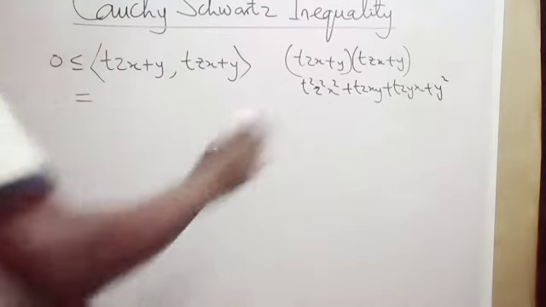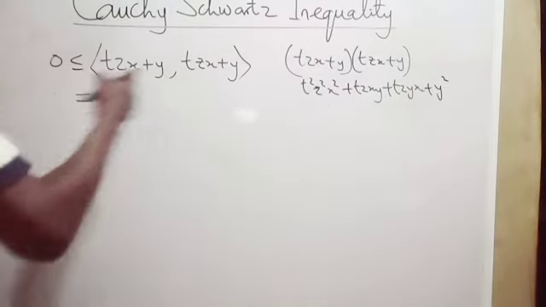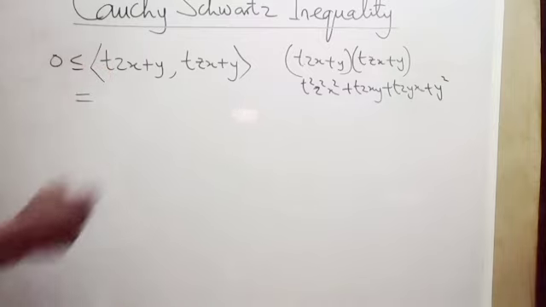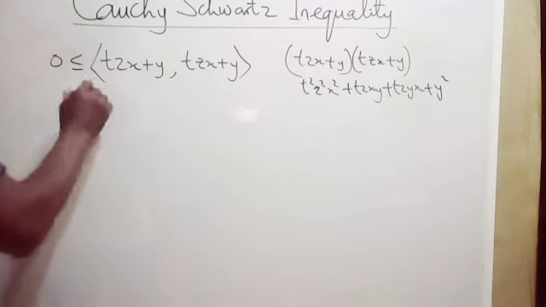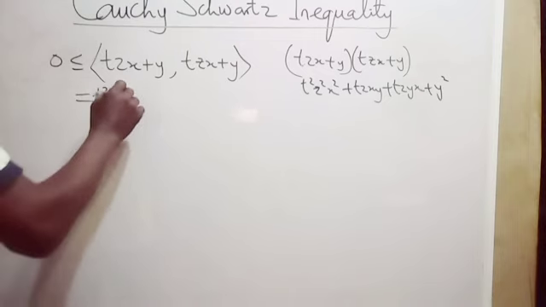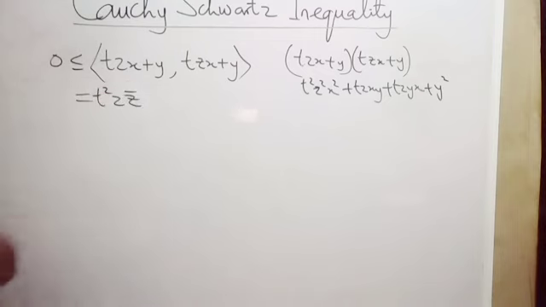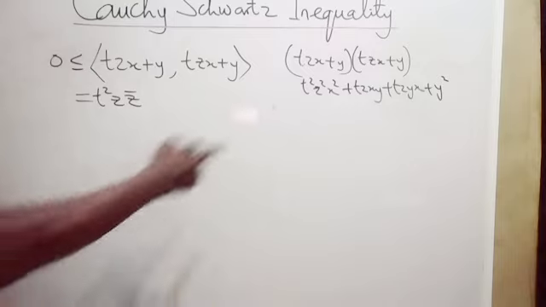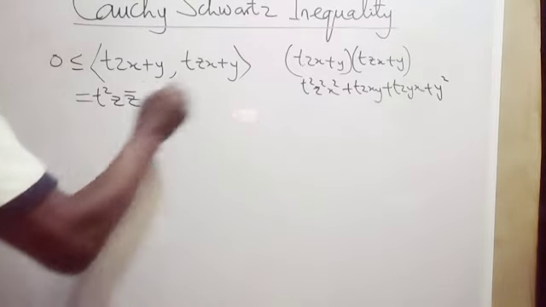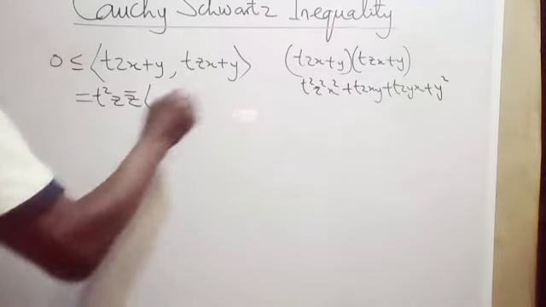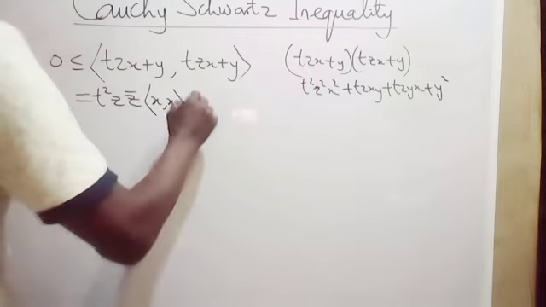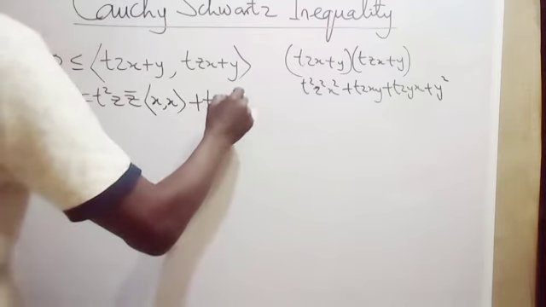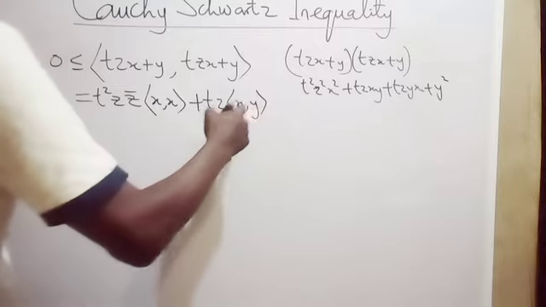That's just normal algebraic expansion. But expansion in an inner product is not the same. So this will be t squared z multiplied by the complex conjugate of z, which is the absolute value of z squared, multiplied by the inner product of x comma x,